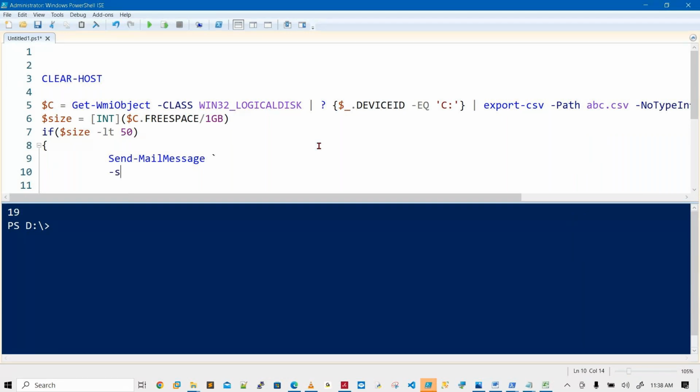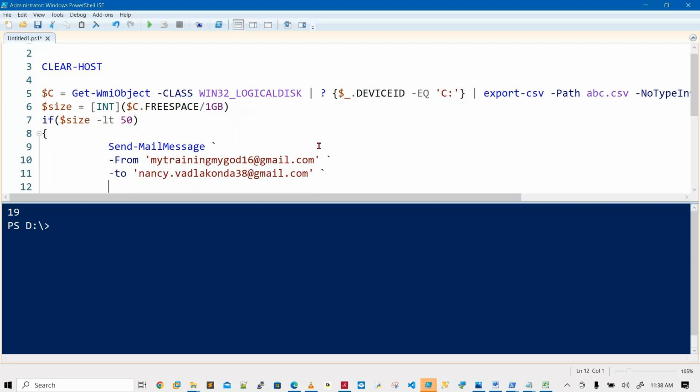Send from any one of the mail IDs you can provide here. I'm going to send from this mail ID to one more mail ID I'm providing in front of you. You will get access to these mail IDs in upcoming days.